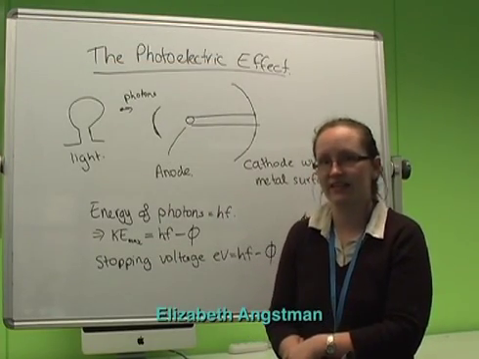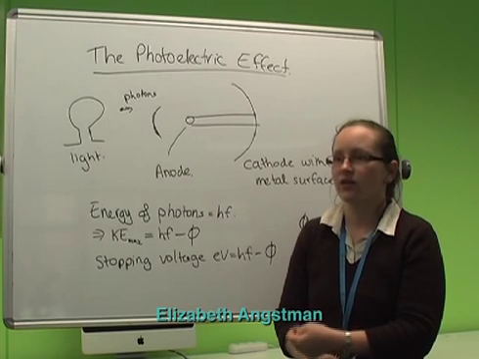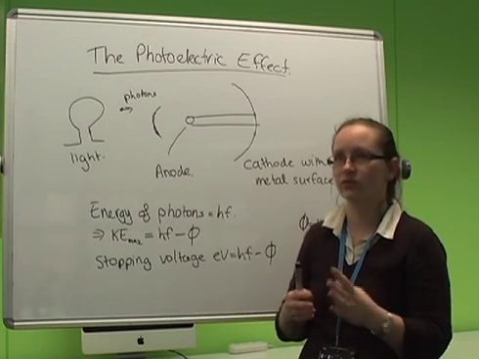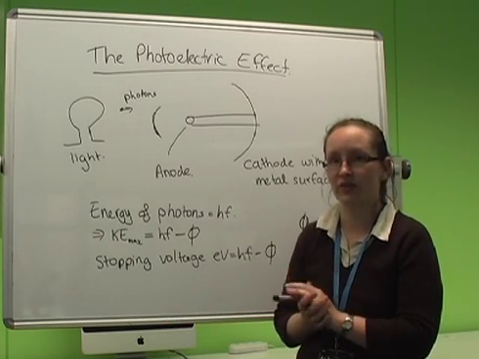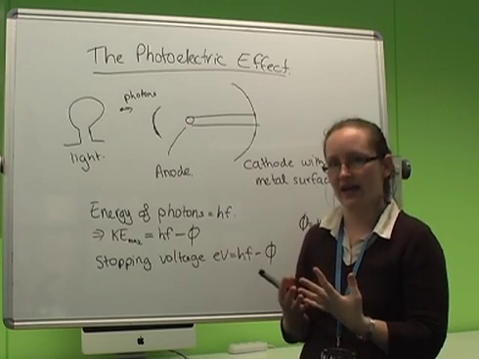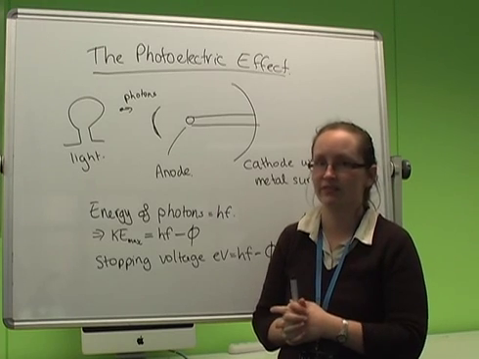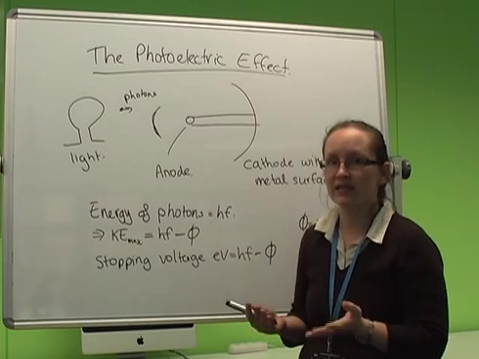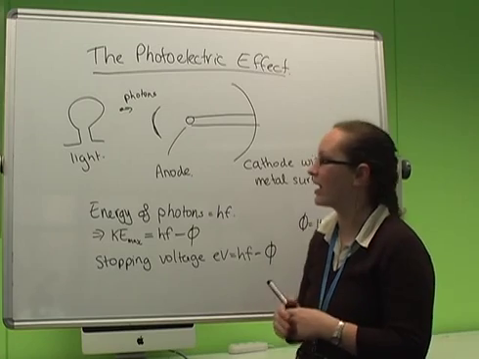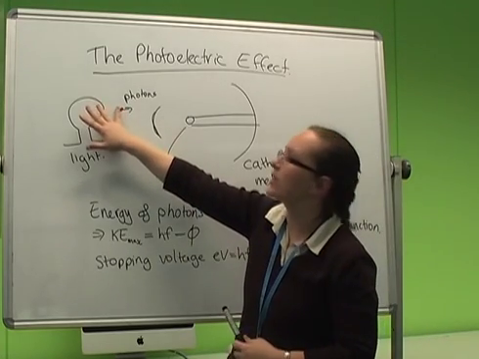To be investigating the photoelectric effect. The photoelectric effect occurs when light falls on a metal surface. If the light has a certain frequency, it can cause electrons to be ejected from that surface. The basic experimental setup that you're going to have is a light source which is going